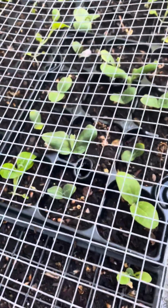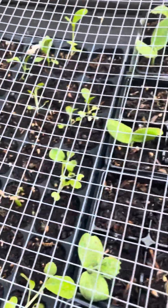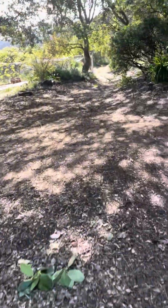Over here we have squash. And here is some okra that's coming up. And why under the wire cage? So the birds and the rodents don't get them. Starting off this way,